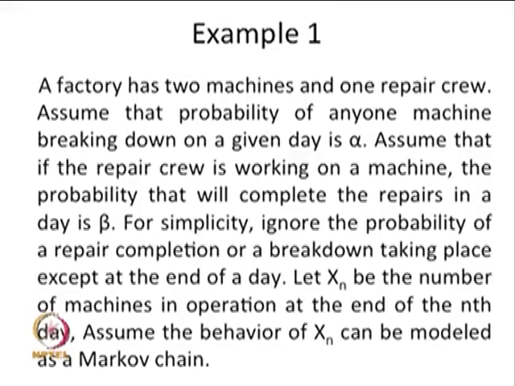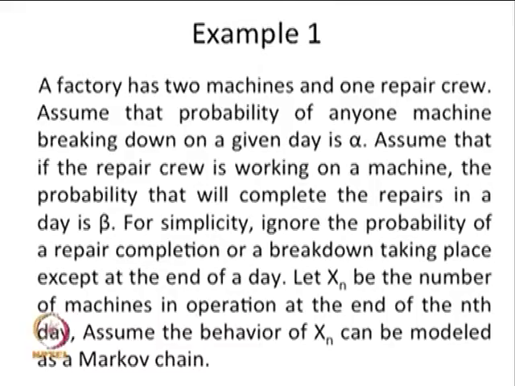So, based on the information available here, a machine can break down and we have only one repair person. The probability that he can do the repair in a day is beta, and 1 minus beta is the probability that he cannot complete the repair of a machine in a day. And the random variable X_n denotes how many machines are in operation at the end of the day. Therefore, the possible values of X_n,